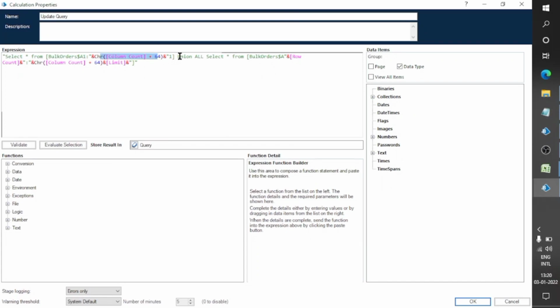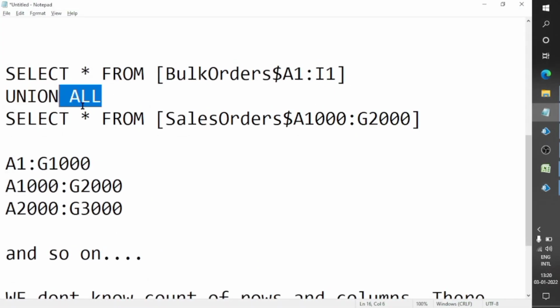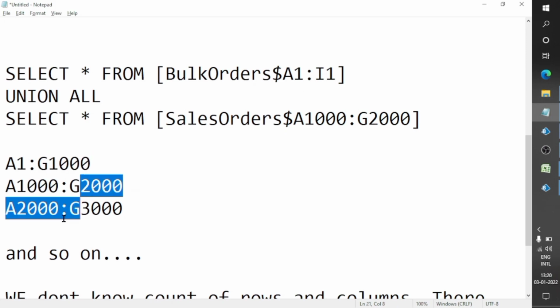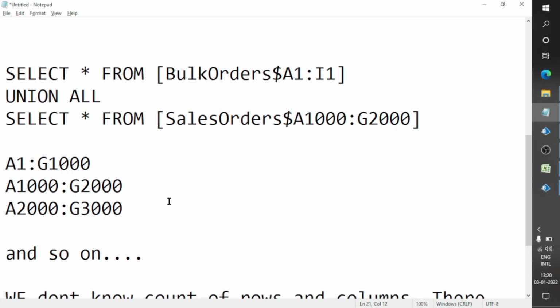Okay. After that, union all and select star, meaning the next statement for selecting the 1000 rows, this statement. So in this one, see, first the value of this one for range is 1, then 1000, then 2000, and here 1000, 2000, 3000. So we can select a limit or a range, meaning we need only 1000 rows each time, or we need a batch of 2000 rows, or a batch of 5000 rows. So we can set the limit as per our requirements or as per our system. So I am selecting 1000 rows each time.